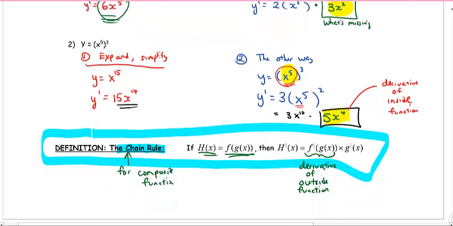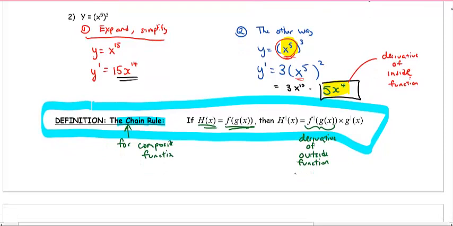Okay, but look, there's a g of x in there, so it's the derivative of the outside function evaluated at the inside function. And that's what we all do, but we're forgetting what's missing, or that extra little bit. And that extra little bit is this g prime of x. It's the derivative